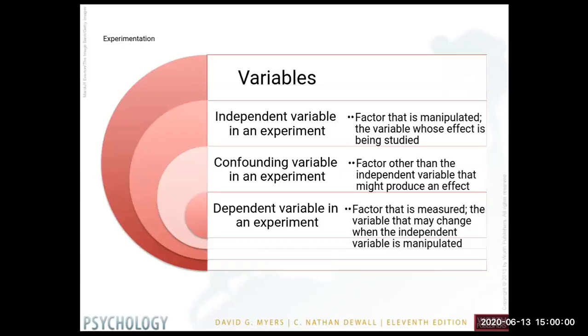So in an experiment, we have one manipulated factor or variable called the independent variable. That is the one that's manipulated. That's the groups that you're being put into, the variable whose effect is being studied. And sort of the cheat sheet way, because you're going to need this for the example I give you guys for the first homework, is the independent variable is whatever groups that you